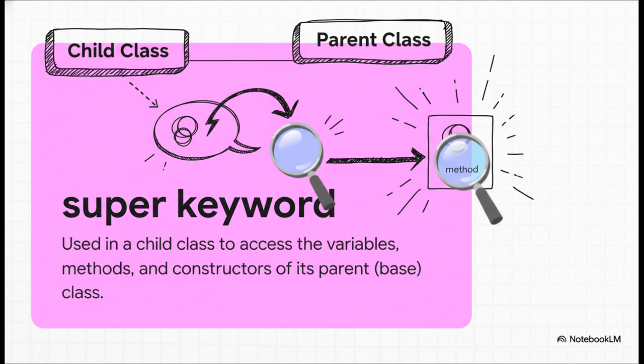Think of the super keyword as a direct hotline to the parent class. Let's say both the parent and the child have a method with the same name, like display details. If you're in the child class and you call that method, you'll get the child's version. But what if you specifically need the parent's version? That's when you use super. It lets you reach up and say, hey, I don't want my version, I want the one from my immediate